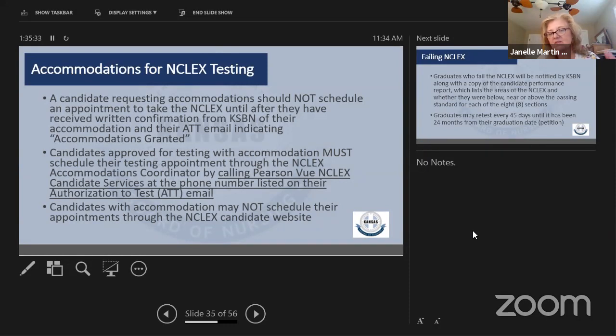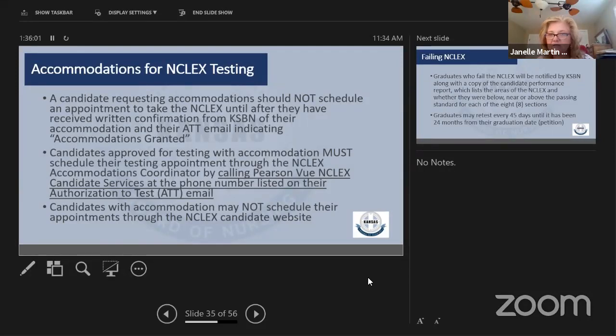Unless it's on there, they are responsible for calling the Pearson VUE NCLEX Candidate Services phone. They actually have to set up their testing by phone. They cannot do it on the website. So a reminder to them that if they are seeking accommodation, they have to wait to get their approval, and then they have to call to get their appointment for their exam scheduled.